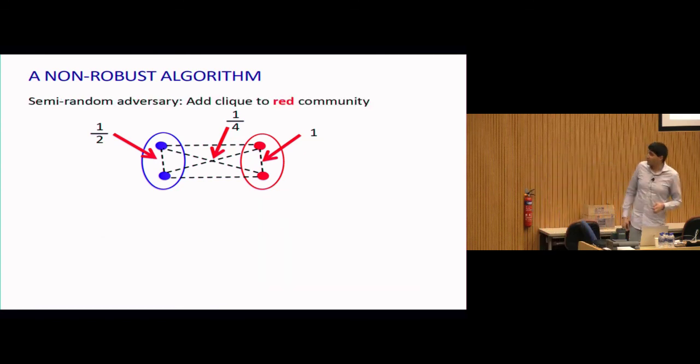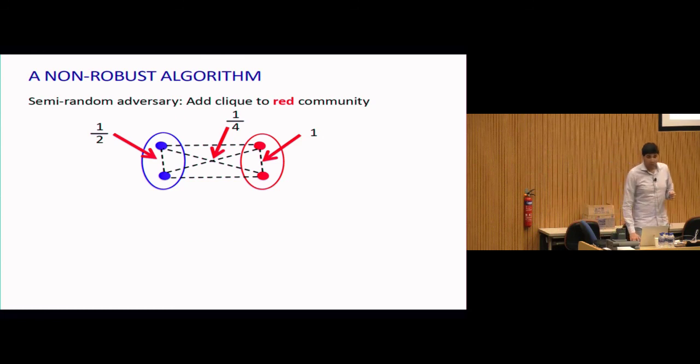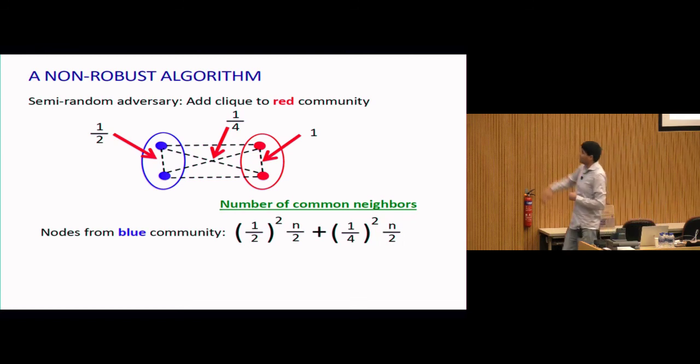But it's also something which is incredibly brittle to your modeling assumptions, because it uses not just the connection probabilities within a community versus between communities. It also relies on counting how often you have these other nodes on the other side that belong to a different community. So you're using not just the structure of the signal of which nodes belong to the same community, but also the structure of the noise about how often they have a common neighbor who's actually in a different community. So instead, your monotone adversary could just boost the connection probabilities on one side of this community structure and make them all be 1.